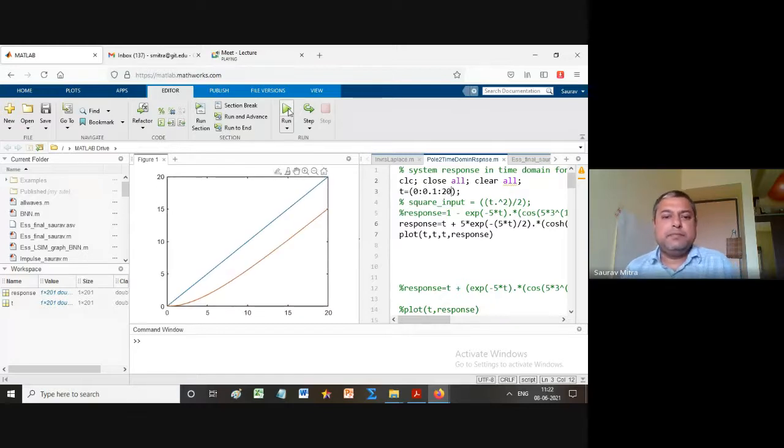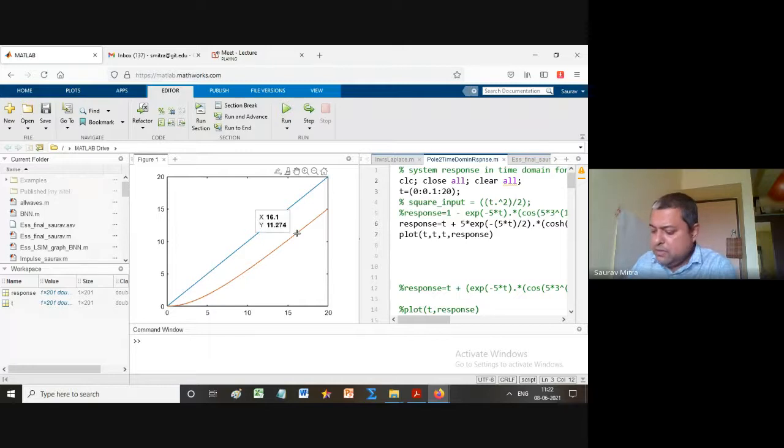Is it understandable? At any time you just check. Previously the input and output were diverging. The blue line was going up from here and the red line was going from here. They were diverging. Here it is not like that. Look here, just check the output at any one time.